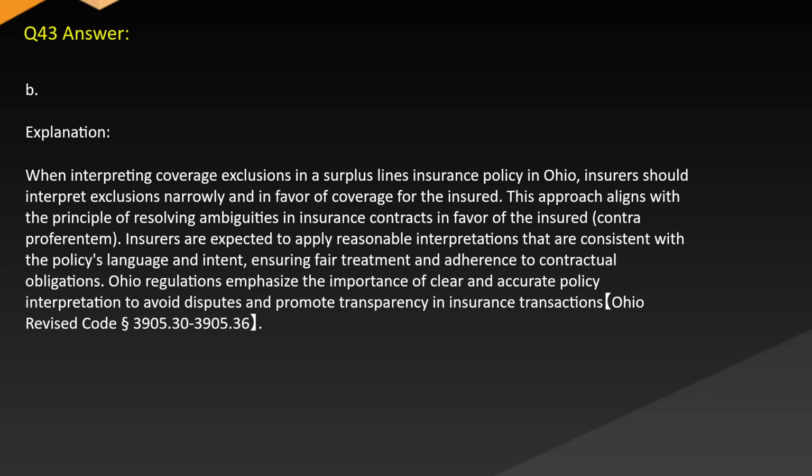When interpreting coverage exclusions in a surplus lines insurance policy in Ohio, insurers should interpret exclusions narrowly and in favor of coverage for the insured. This approach aligns with the principle of resolving ambiguities in insurance contracts in favor of the insured, contra proferentem. Insurers are expected to apply reasonable interpretations that are consistent with the policy's language and intent, ensuring fair treatment and adherence to contractual obligations. Ohio regulations emphasize the importance of clear and accurate policy interpretation to avoid disputes and promote transparency in insurance transactions. Ohio Revised Code SS